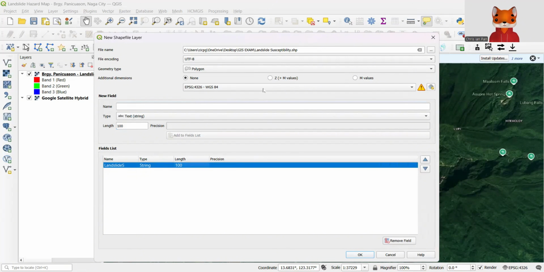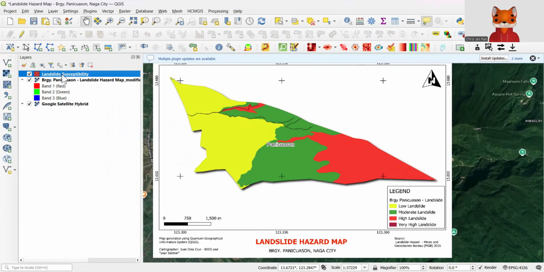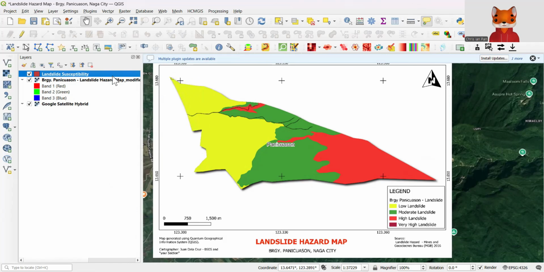Once all that is done, you select OK, and it will create another layer, which is the landslide susceptibility. This will represent the low, moderate, and high landslide susceptibility. We will change this later on. Next, we will check the attribute table of this landslide susceptibility layer.